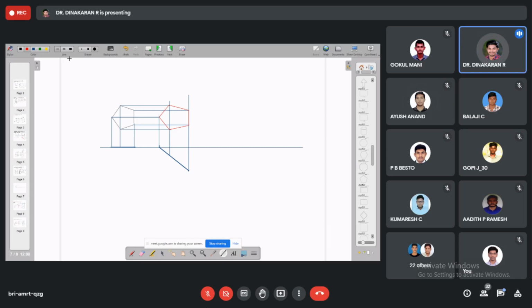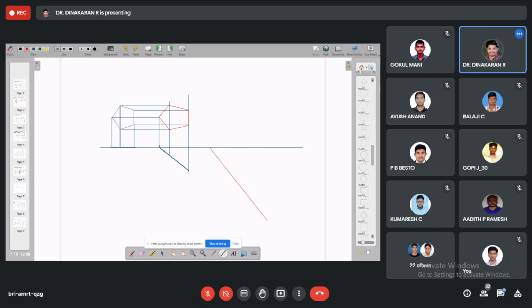Okay. After that, for the side view, we always need to draw a 45-degree line. That's the miter line. If you know the three views well, we can draw the side view directly. But in this case, we did not know the exact position. For that, we follow a 45-degree miter line. So for all side views, we need to draw a 45-degree line.